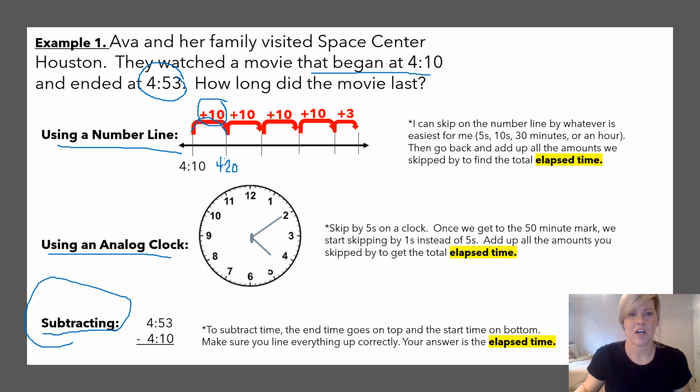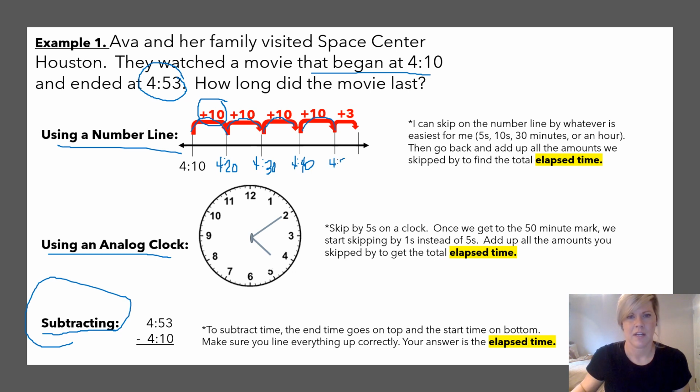Okay, and I've already got all of these labeled just to make the video go a little bit smoother and quicker instead of me having to write it all. So the next jump is also a 10. If I jump 10 minutes, I'm now at 4:30. And I'm still not at 4:53, so I have to skip again. I'm going to keep doing 10s. 30 minutes plus another 10 is now 40 minutes. Okay, I'm still not to 50 or 53 yet, so I jump one last 10